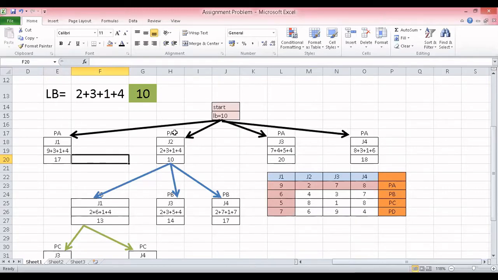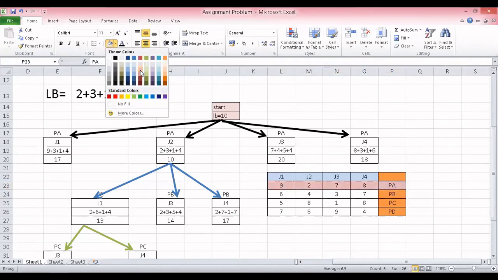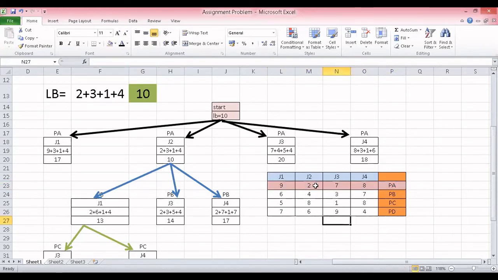Coming to when person A is assigned job 2. When person A is assigned job 2, what will be my value? How did I get the answer as 10? I will explain. Now again I will come to the chart. I will undo everything. Coming to person A and job 2. Person A I have selected, so I will highlight it with a color. If I assign job 2 to person A, I select job 2 and highlight that with a color. Now the intersecting row and column, that is this one.